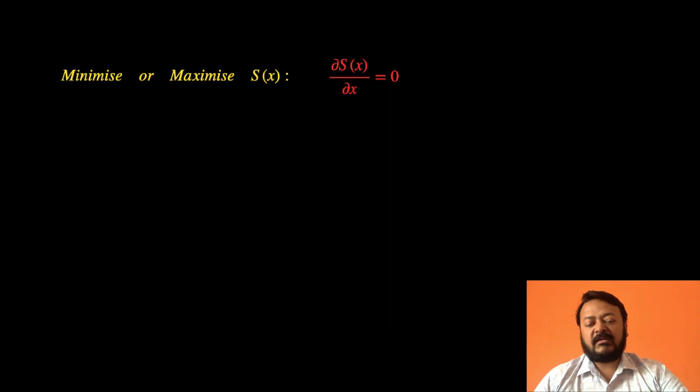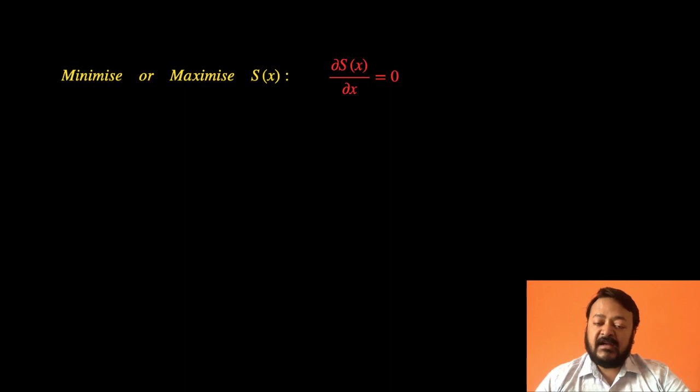Genetic algorithms are basically a class of algorithms used to solve optimization problems. We will not get into the details of optimization, but just to give you a very basic example, suppose you have a function s of x which you want to minimize or maximize. What we know from calculus is that you need to take its derivative, equate that to 0, and then solve the resulting equation to get the value of x at which this function is minimized or maximized. This process is usually very easy to carry out.